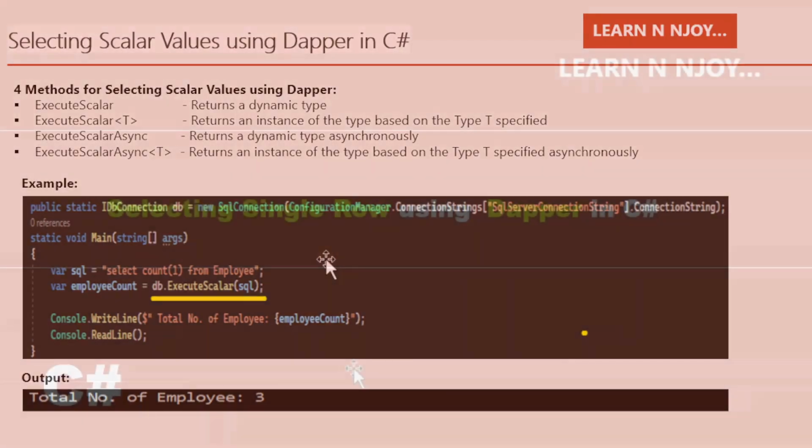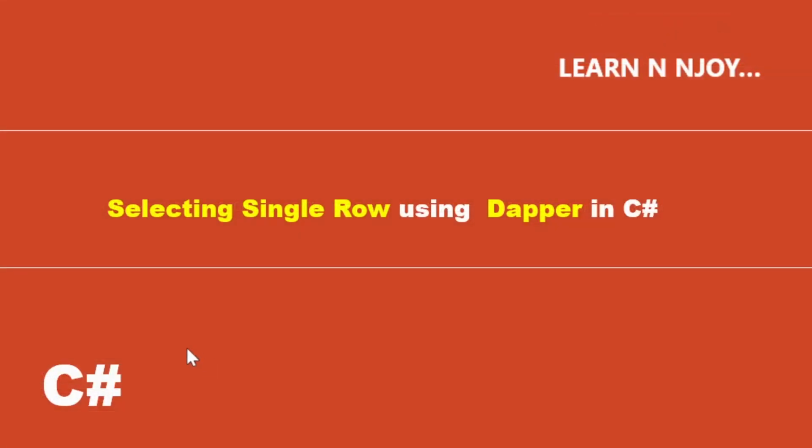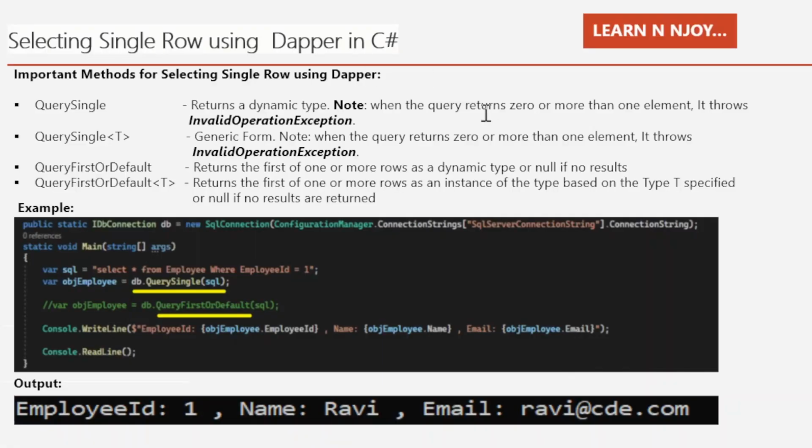Okay, selecting a single row using Dapper in C#. Here we are going to see how to select a single row using Dapper in C#. There are four important methods: QuerySingle, QuerySingleOrDefault, QueryFirst, and QueryFirstOrDefault. There are some differences. QuerySingle returns a dynamic type. Note, when the query returns 0 or more than one element, it throws an InvalidOperationException. The same goes for QuerySingle<T> also. If it returns 0 or more than one element, it also throws this InvalidOperationException,